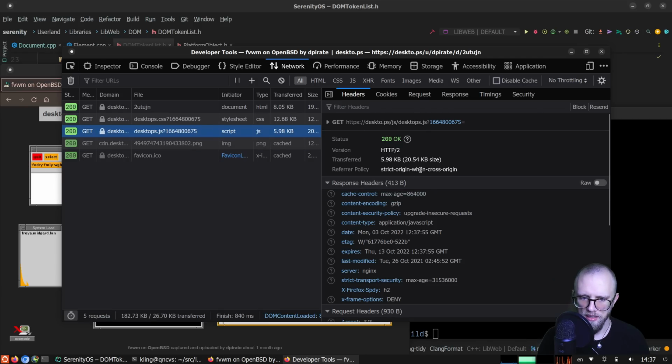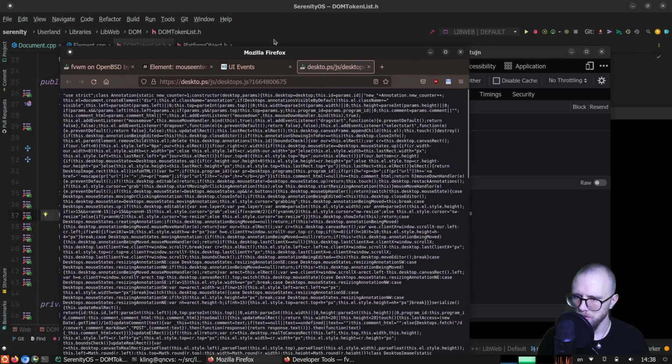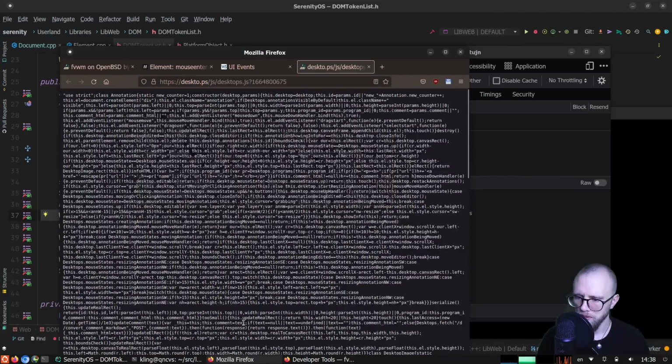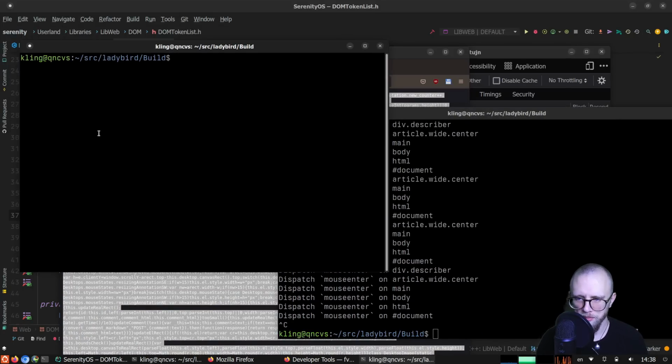Yes, and we will make a local copy of it, and then we can put a little bit of printf in that local copy. So let's just wget